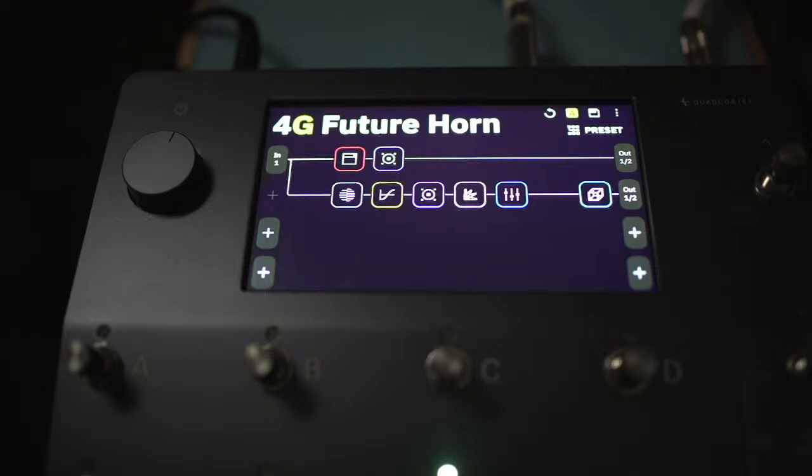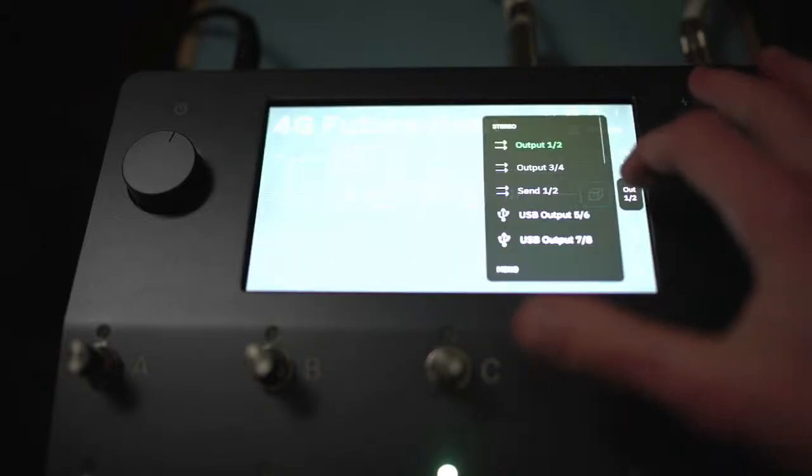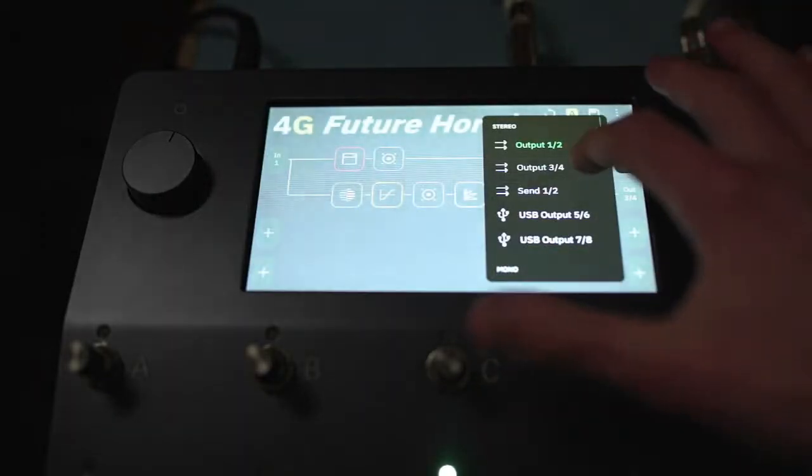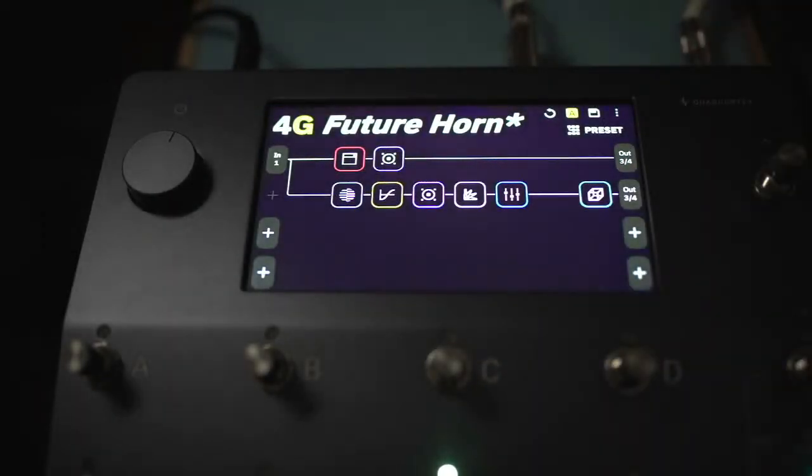Have you ever tried slight pitch shifter on clean tones? How do you mean? So here we go, look. This is